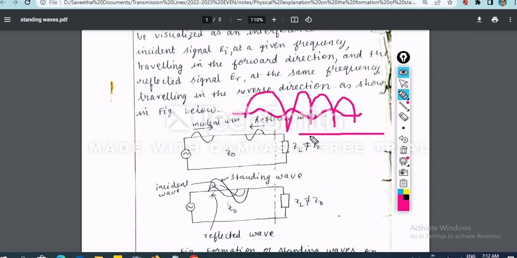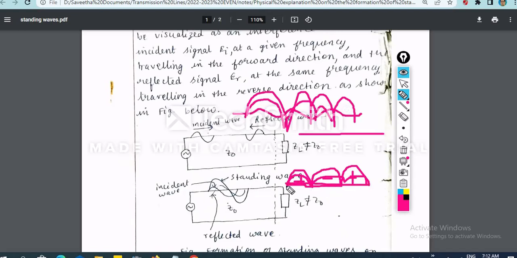I am talking only about the amplitude, but remember it is a time varying signal, it is a wave. What I have shown is the peak value, otherwise it will keep on fluctuating. At the next instant of time it may go down. Suppose initially the wave is like this, this is the maximum. In the next instant this is positive, this is negative, again this is positive. In the next instant of time it will become minimum. At one particular time it will become 0.